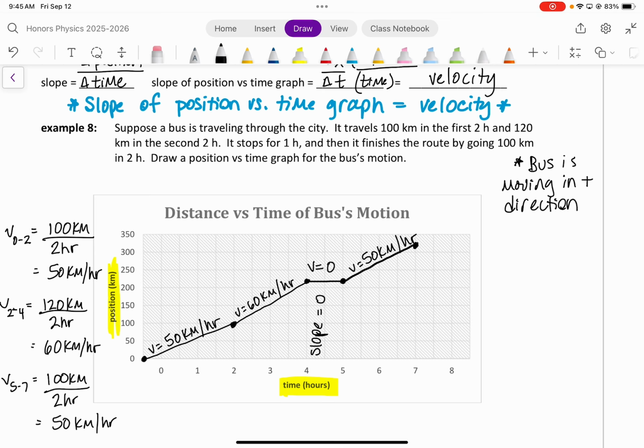All right, if I calculate the slope of each one of the points on my line, then I can calculate the velocity at any given point. So at any point here, between 0 and 2, its average velocity is 50 kilometers per hour. Any point between 2 and 4, its average velocity is 60 kilometers per hour. Between 4 and 5, its velocity is 0, and from 5 to 7, its average velocity is 50 kilometers per hour. All right? Now, if I wanted to calculate the average velocity for the entire trip,